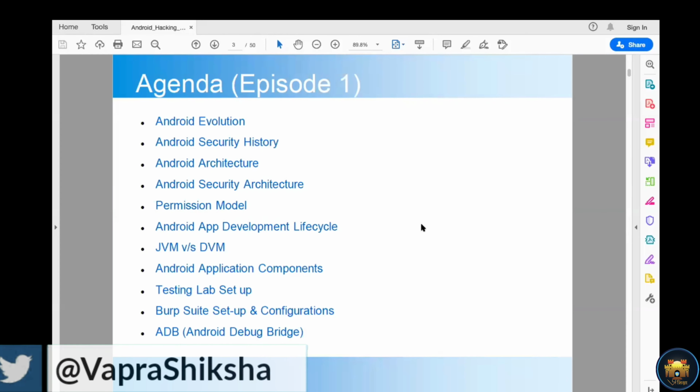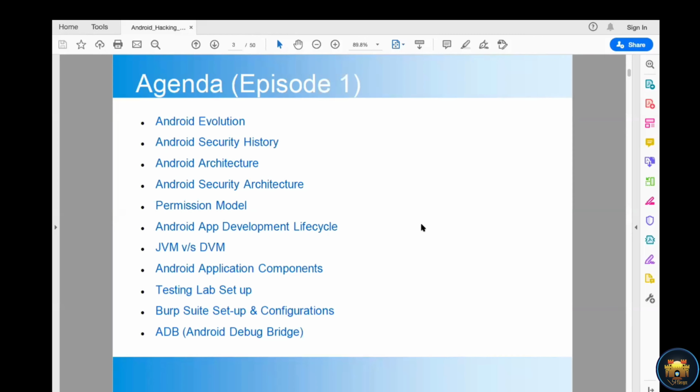And then we will cover the security architecture of Android, and then we will talk about the permission model. Going forward, we will describe how the application is developed, that is the Android app development life cycle.